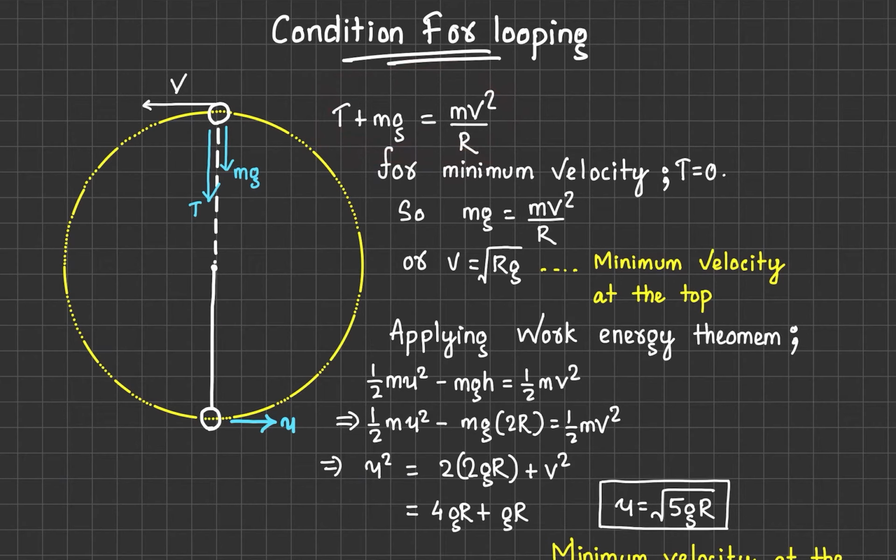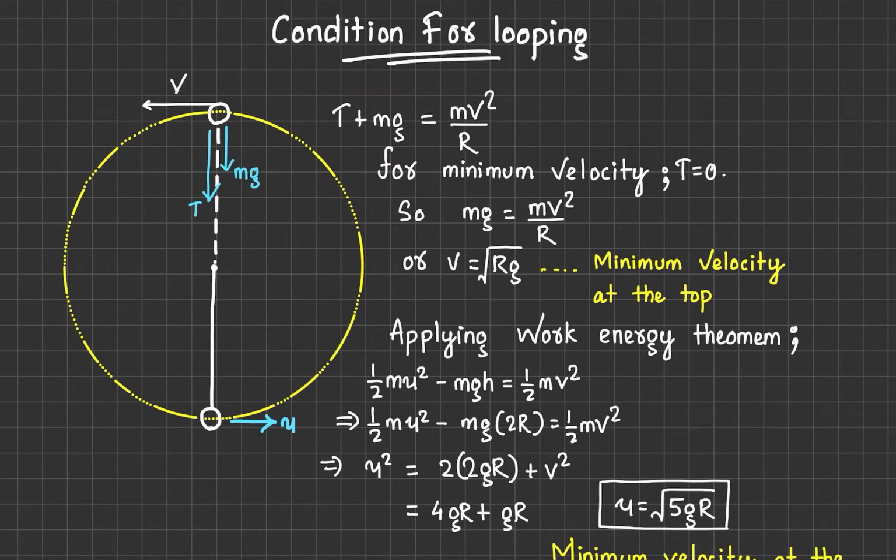Now if we consider the minimum velocity with which the particle should move so that it can cover a circular path, to make the v value minimum, we need to consider that this force should also be minimum, but we cannot touch mg, the weight of a body cannot change, right?